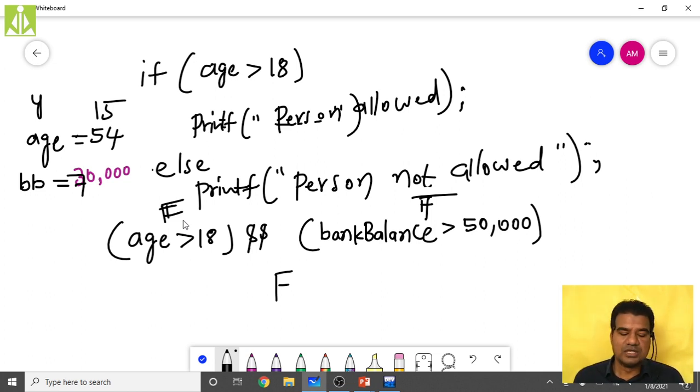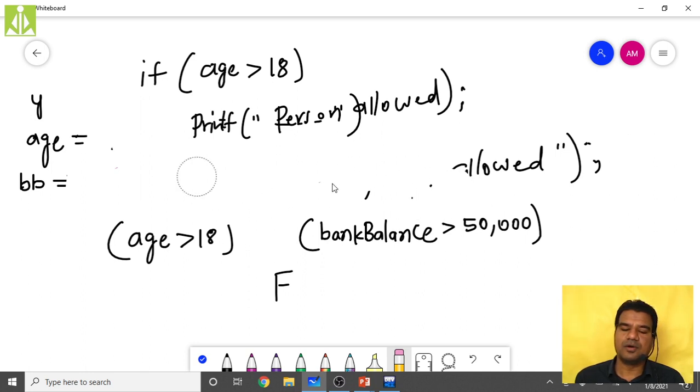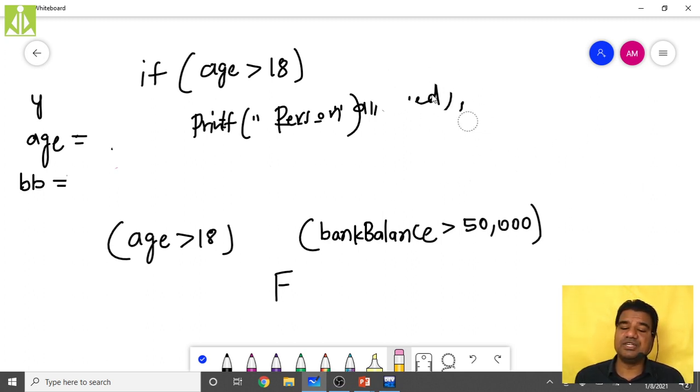Hopefully you understood. So the next thing is logical OR. To understand this one, I will remove this, and these things also I will remove. Okay. So I have two conditions. The second case is if any of the conditions is met, we are getting a positive response.